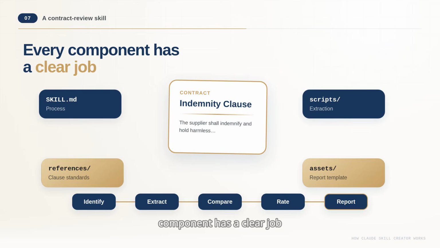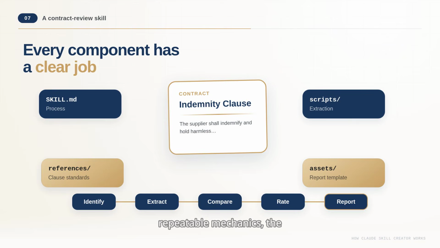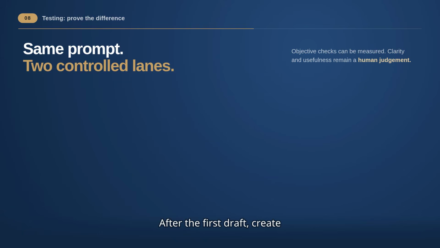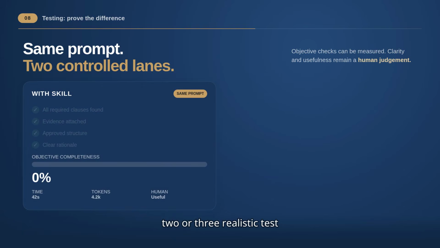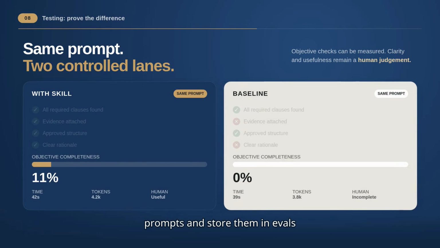Now each component has a clear job. Claude reasons through the review, the script handles repeatable mechanics, the references supply detailed rules, and the asset keeps the output consistent. After the first draft, create 2 or 3 realistic test prompts and store them in